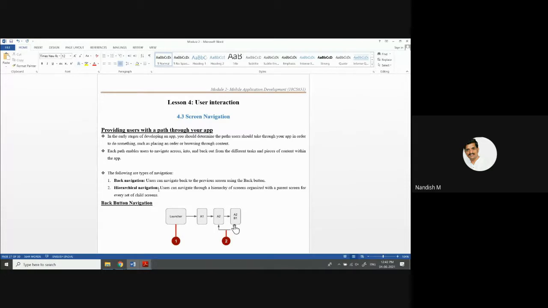In the case of Amazon, if a user wants to find just the price of a TV and has to go through almost 5 to 6 pages, then that app is not user friendly. Therefore, navigating from one page to another also matters in the success of any app. That is why you have to provide the user with a path in such a way that they can use your app efficiently.